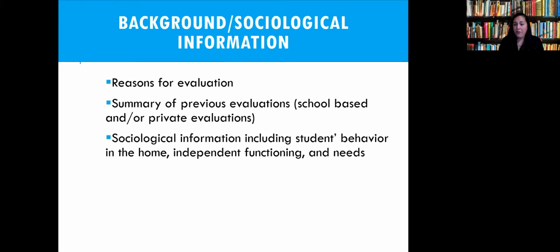In terms of background information, you're really going to find some information that's relevant to why the student was evaluated to begin with. So what struggles was the student presenting with? What were some of the difficulties? Is this an evaluation that is being done as a reevaluation? So more of that review process, we're reviewing existing data, and we already know the student to have an eligibility condition, and we're updating some things. So this section is really going to give you information about that.